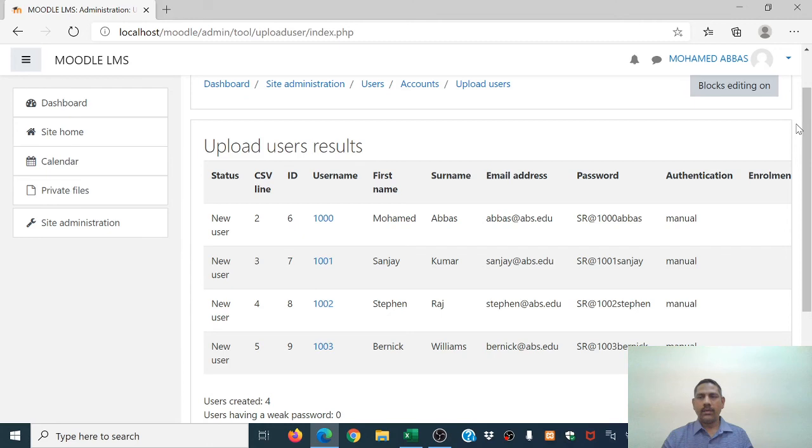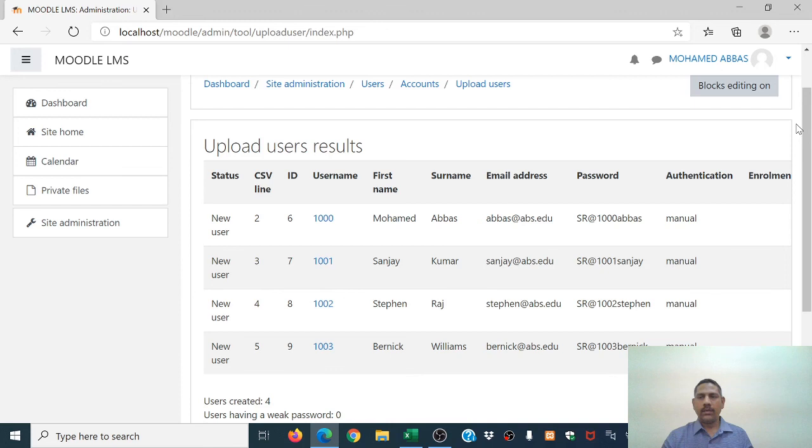Now we will see how the user list looks. Go to Site administration, go back again. It is taking a little bit of time, depending on your server speed. Yes, it is a very easy process.